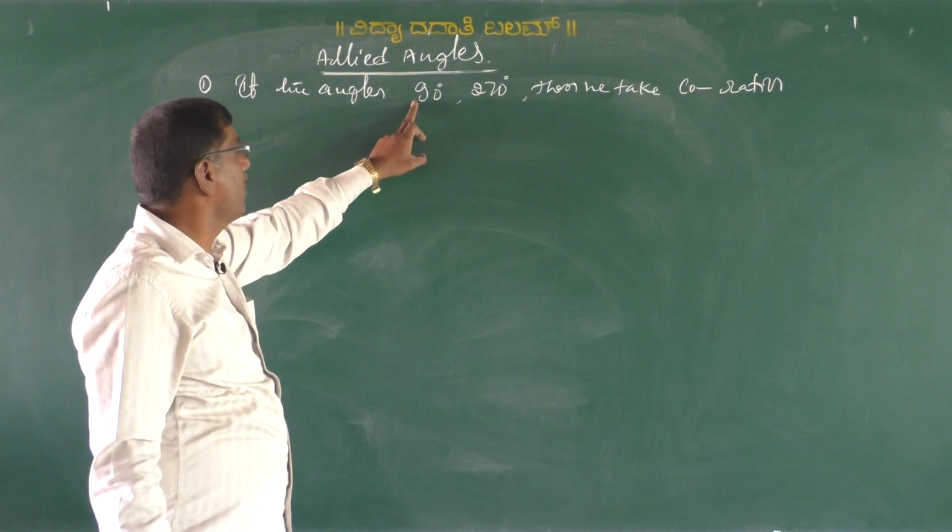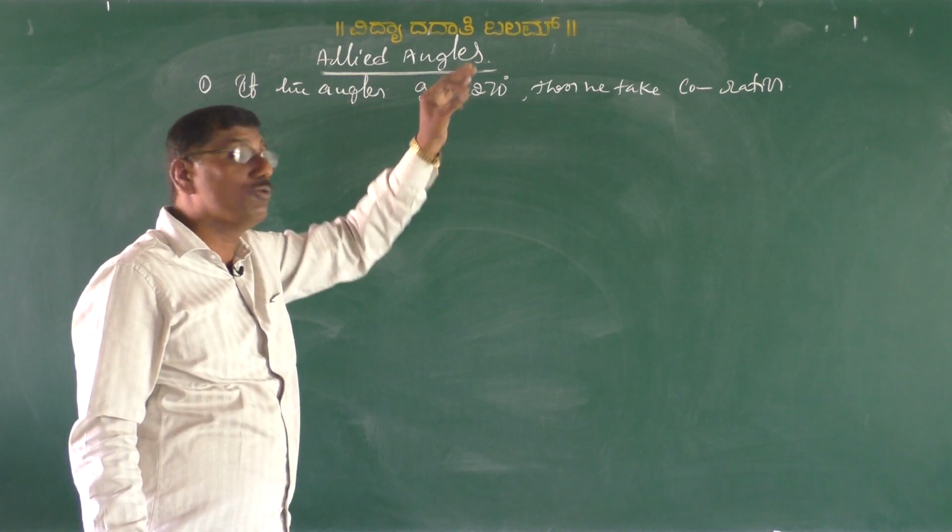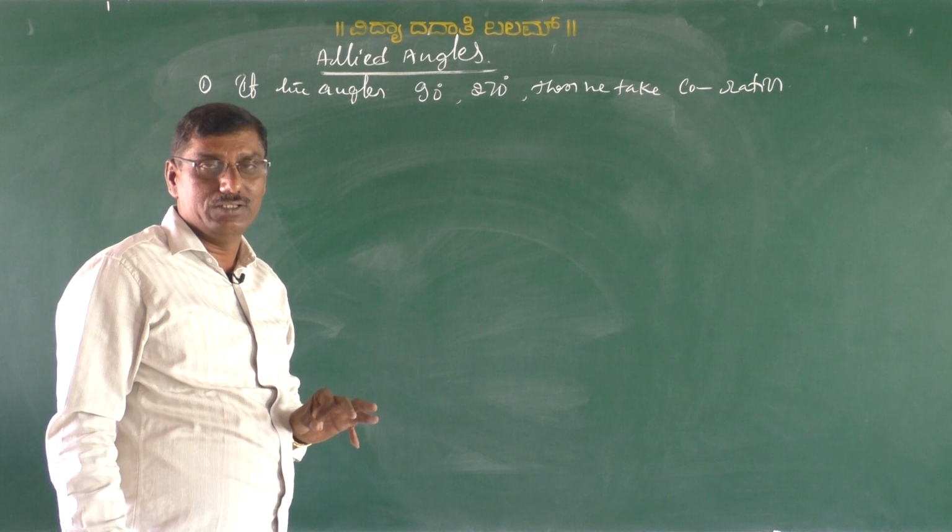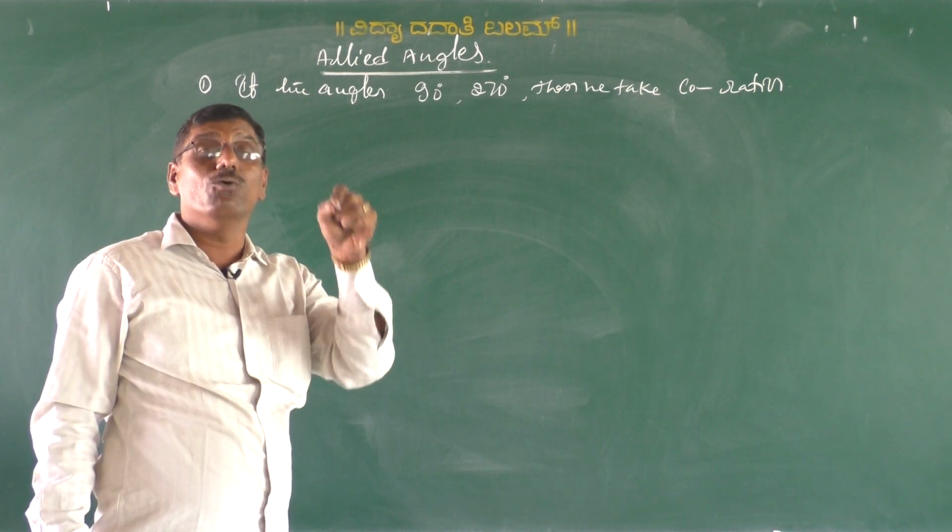If the angles are 90 degrees or 270 degrees, we have to take co-ratios,